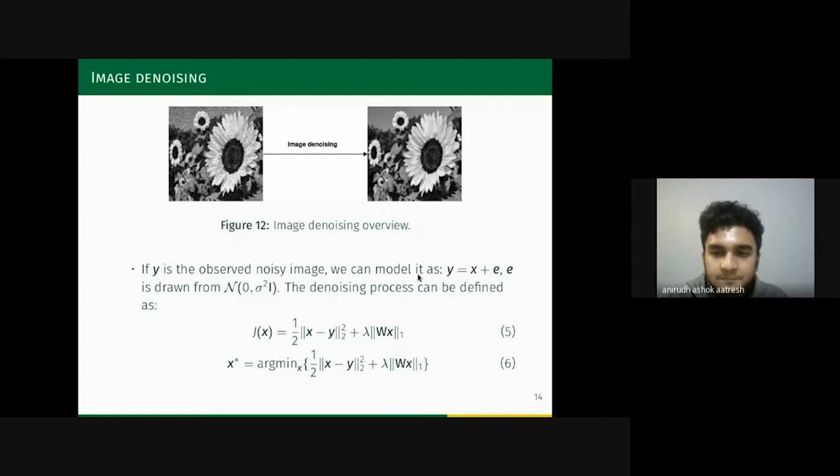We say that before getting corrupted by noise, our clean image was x, and while, say, during transmission or some processing, this x got corrupted by some noise e. Because it's additive white Gaussian noise, e is drawn from a normal distribution of zero mean and standard deviation sigma.